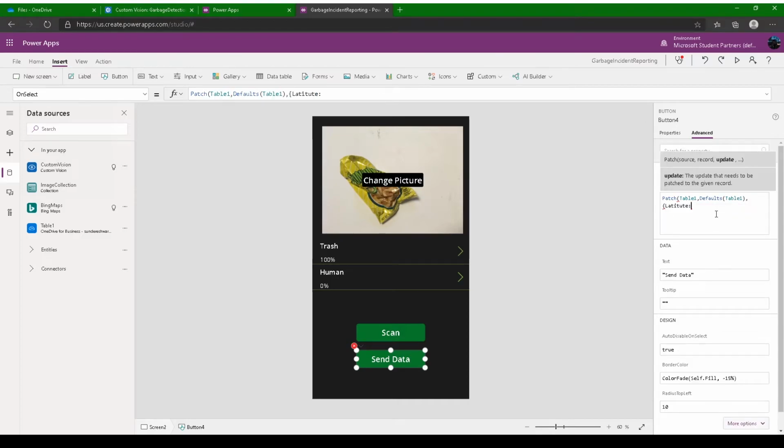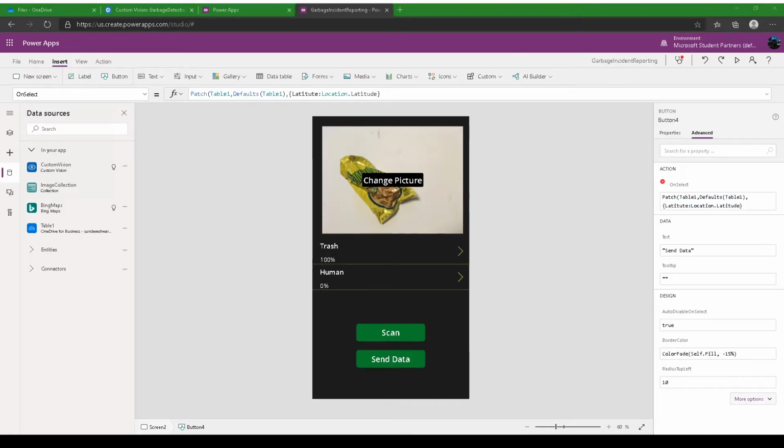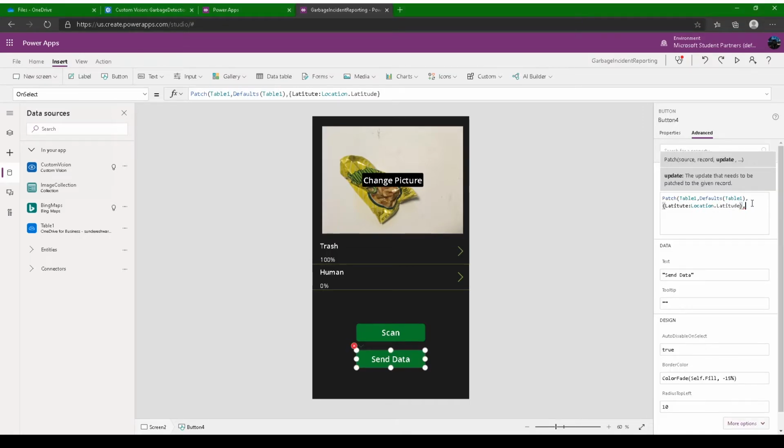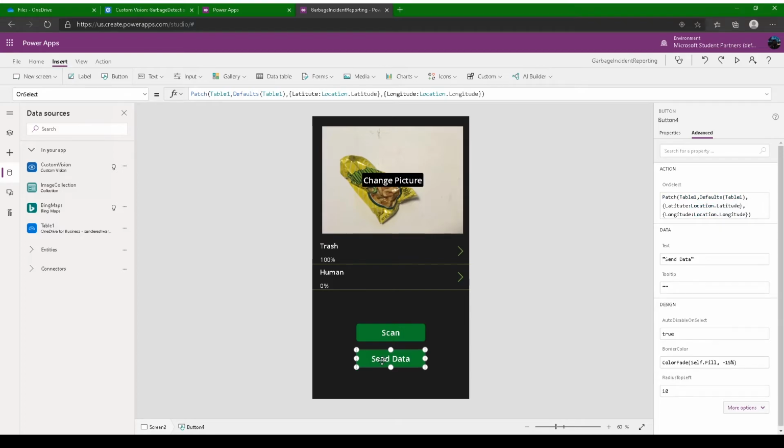To get the location in your Power Apps, you just use Location.Latitude to get the latitude of your location, then close the curly braces, and then a comma, and again add curly braces, so that Longitude pops up, and Location.Longitude. There you go, close the bracket completely. So now when this button is clicked, it will add the location to our database.